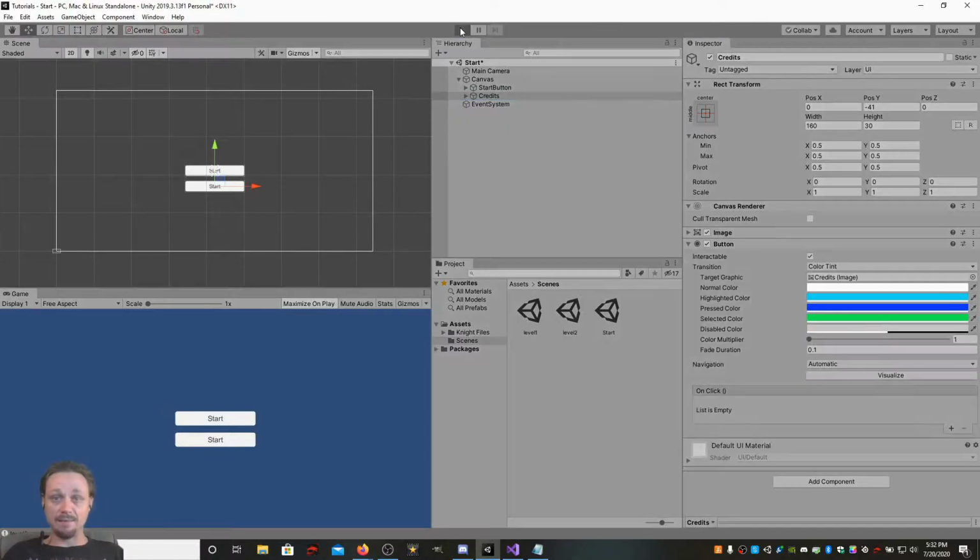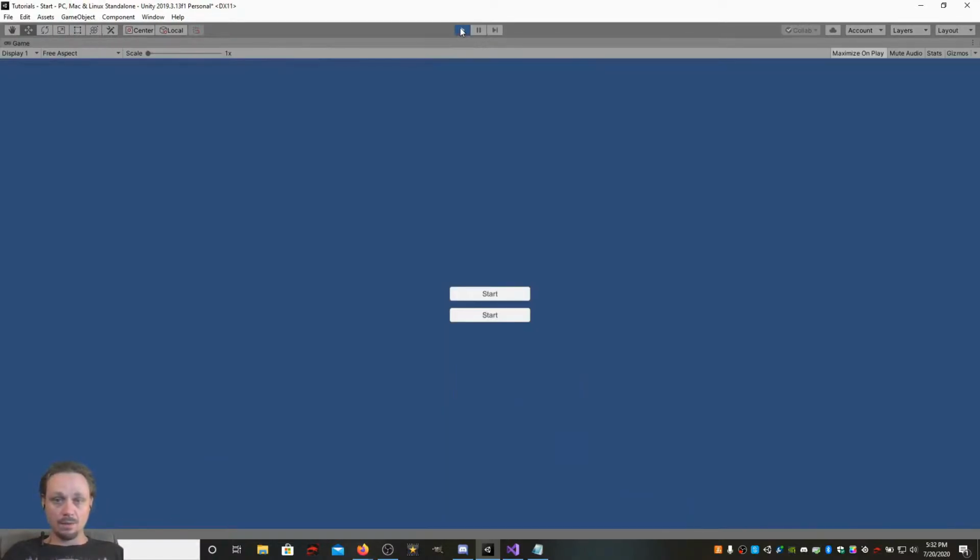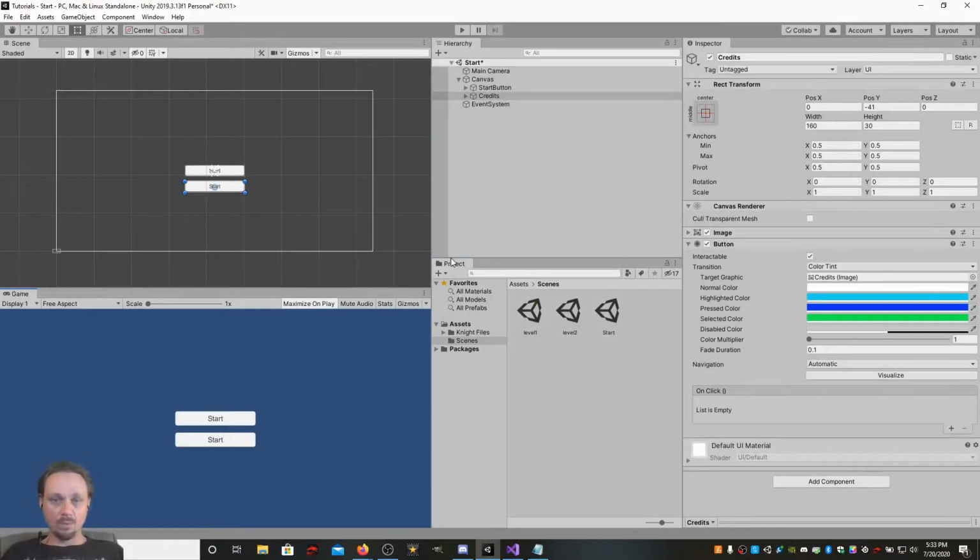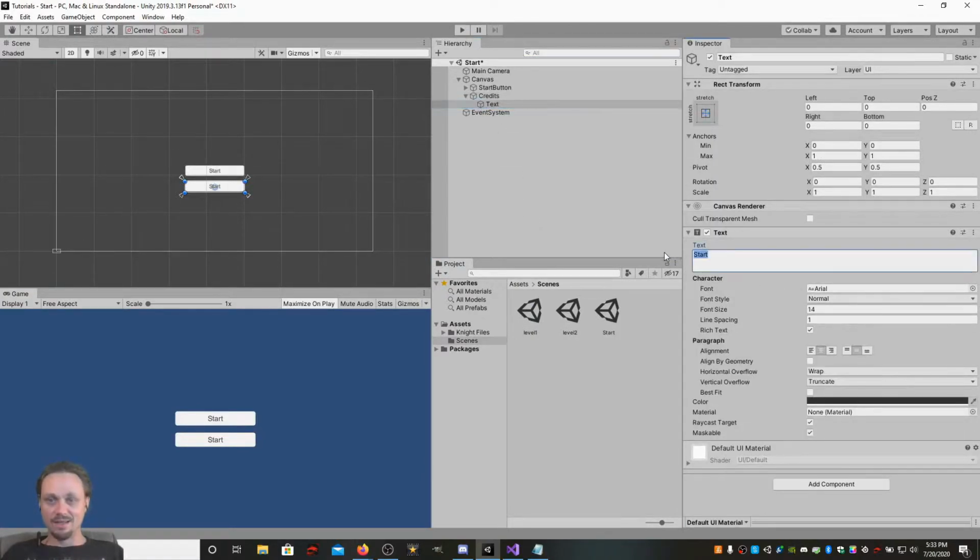Now if we hit play, you will notice in the very center of your screen you have a menu. Start. They both say start. I didn't change the text. And if you click it, see how it turned blue then green? I mean, this is beginners, right? You have to set your own colors, but you see that? All right, perfect. Now we're going to get out of here. We're going to go ahead and change the text on this to say credits. All right,